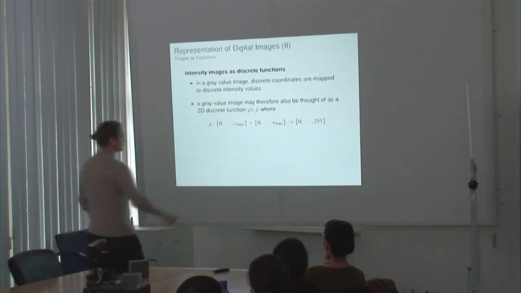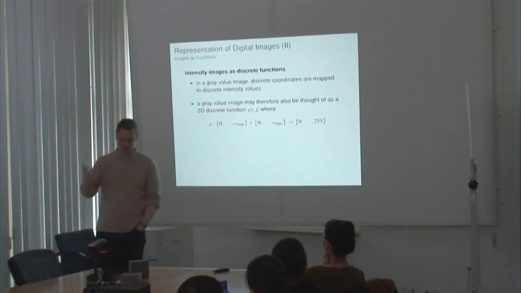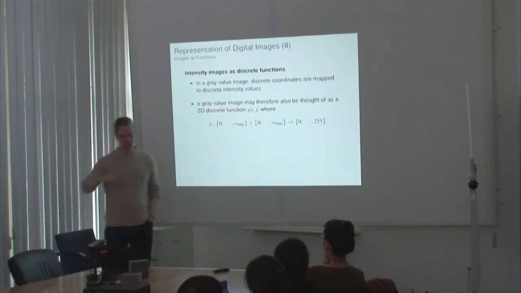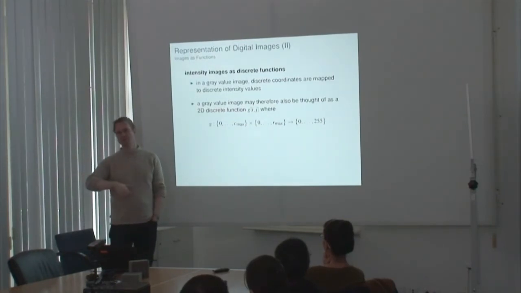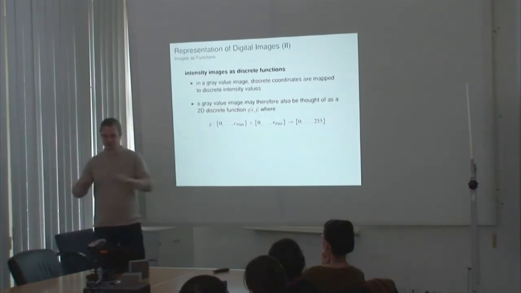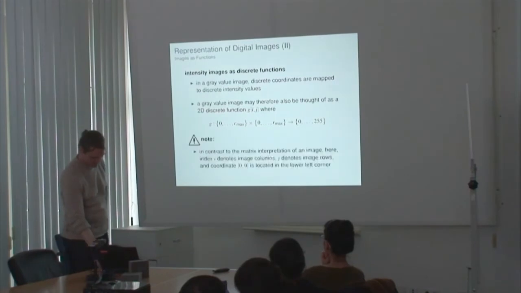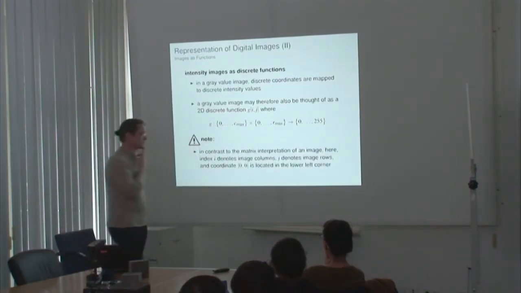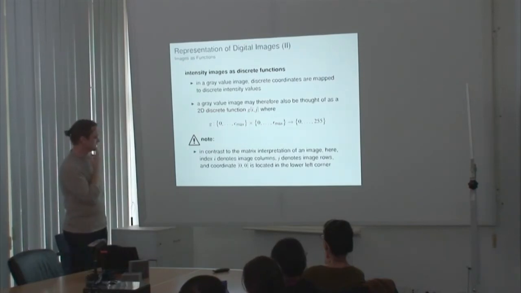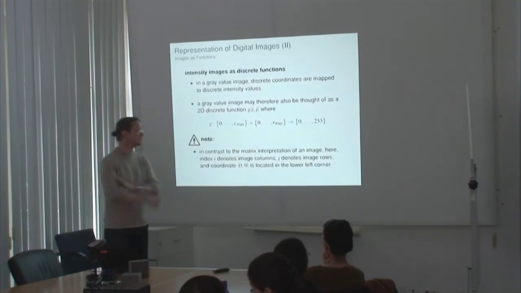I have switched rows and columns here because when we're talking about matrices or arrays, we typically first refer to the row index and then to the column index. But if we talk about functions, we typically first say it's a function of x and y, where x is like the column direction and y is the row direction. And again, in contrast to the matrix interpretation we have seen earlier, where I denotes the rows and J denotes the columns,